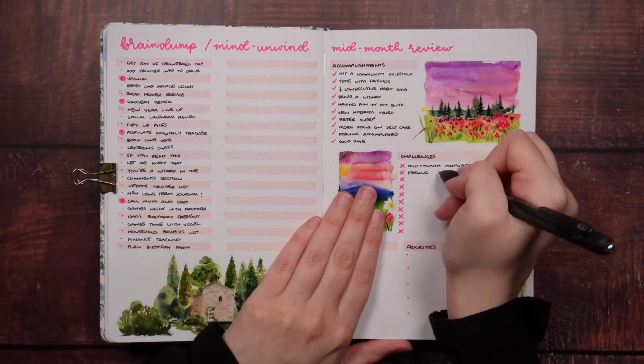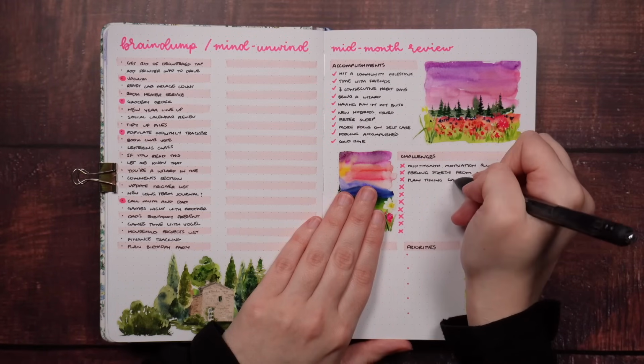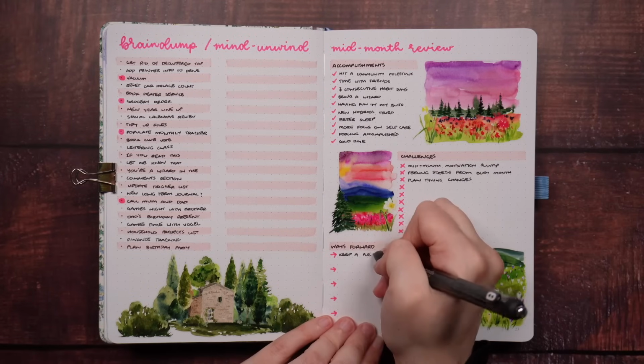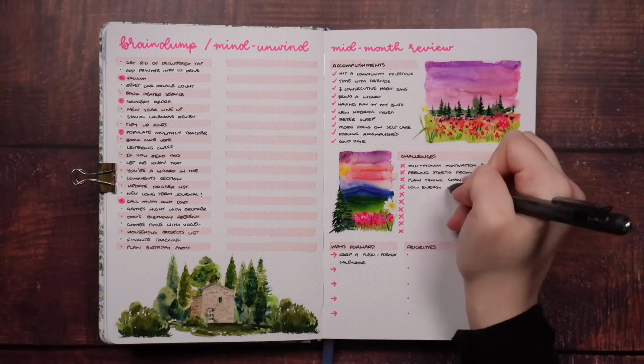I often frame my mid-month reviews around goals and projects that I'm working on, just as an intentional time to consider what's working, what's not, do I need to make any adjustments moving forward so that I can make the most progress possible. While goals and projects are primarily the focus here, I do still find them very useful for